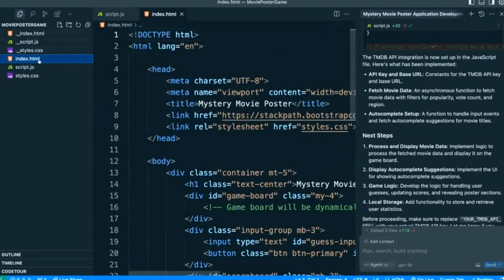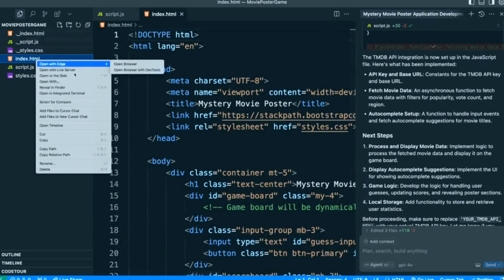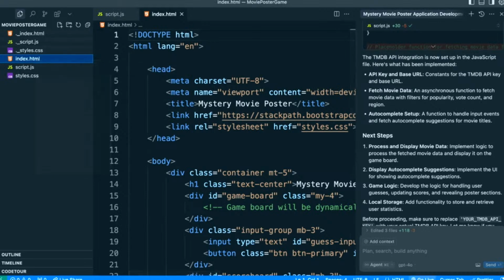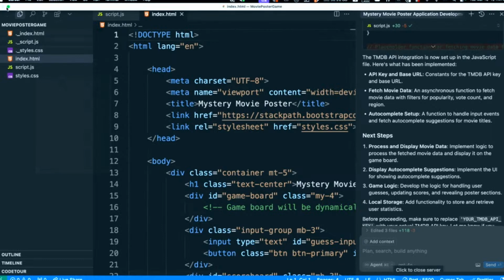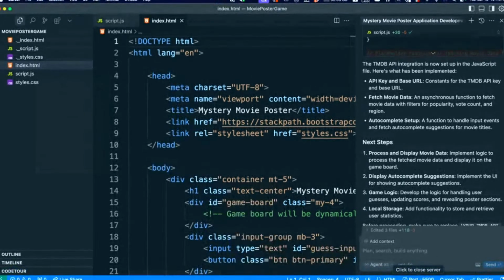So over here, this works a lot like VS Code, so I could go here and open this in Live Server. All right. And I'll go live here and see what happens. See what we get. This first run, first run's always great. Yeah, let's pull it over here.